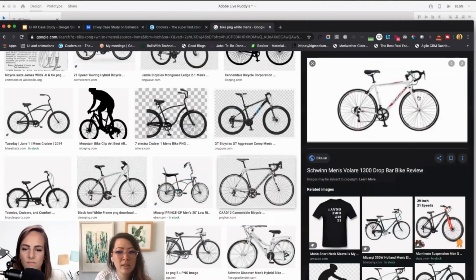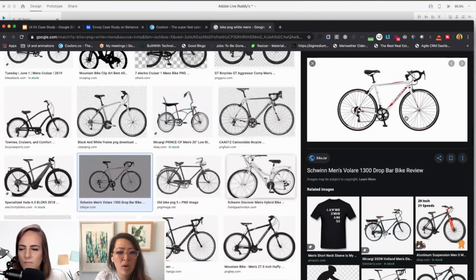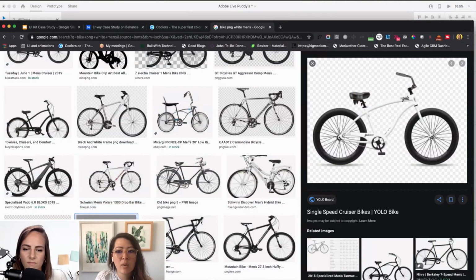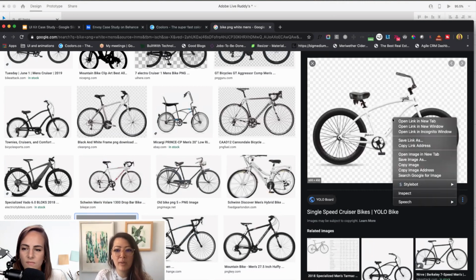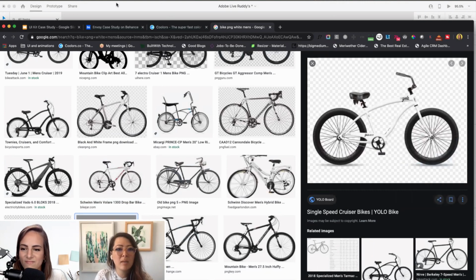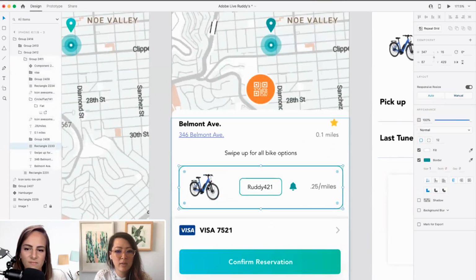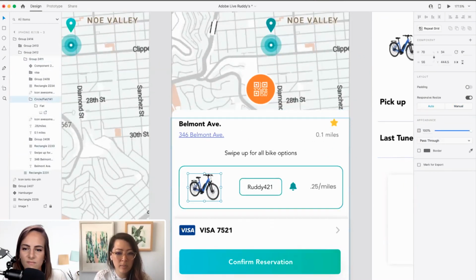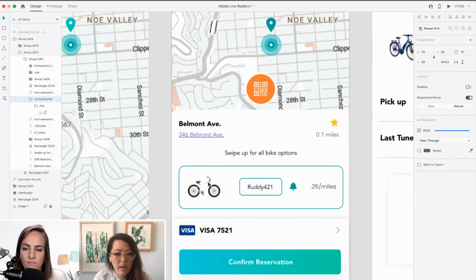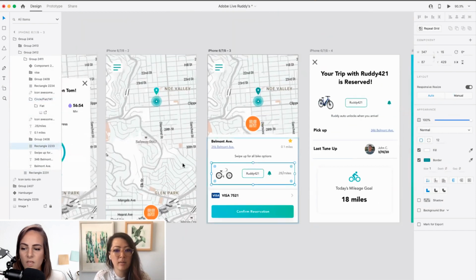This is what I'll typically do if I'm just trying to place something in. I'll be like, okay, this looks pretty decent. I'll copy and paste that in, or this one looks kind of cool. So I'll just copy image here, and then let's see what happens when I place it. So we're going to select this and place it into there.